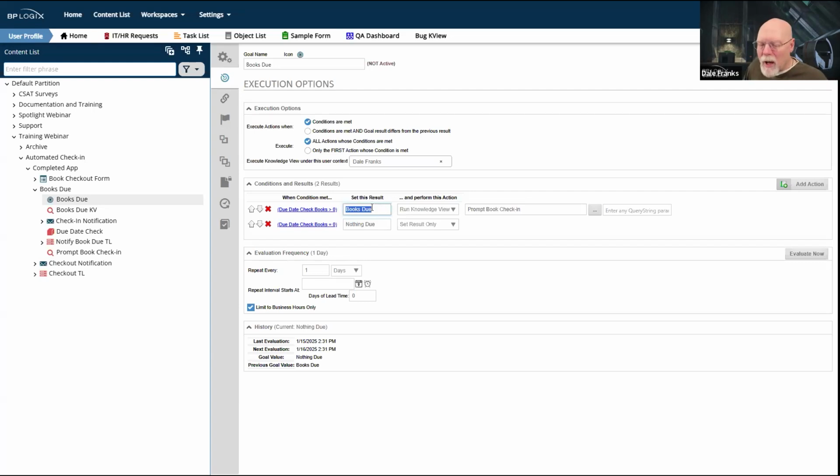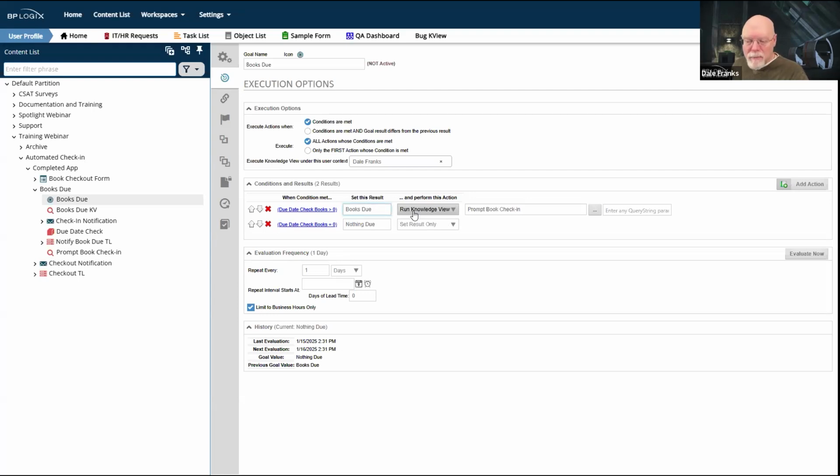I've decided what I want it to report is books due irrespective of whether the users have been prompted or not. So if I had 3 users prompted yesterday and 2 users prompted today, it wouldn't matter. I would still want to know that I had 5 books. I said 5 and then held up 4 fingers. I have 5 books that are due. And since I have 5 books that are due, I have books due. So I'm going to set this result.